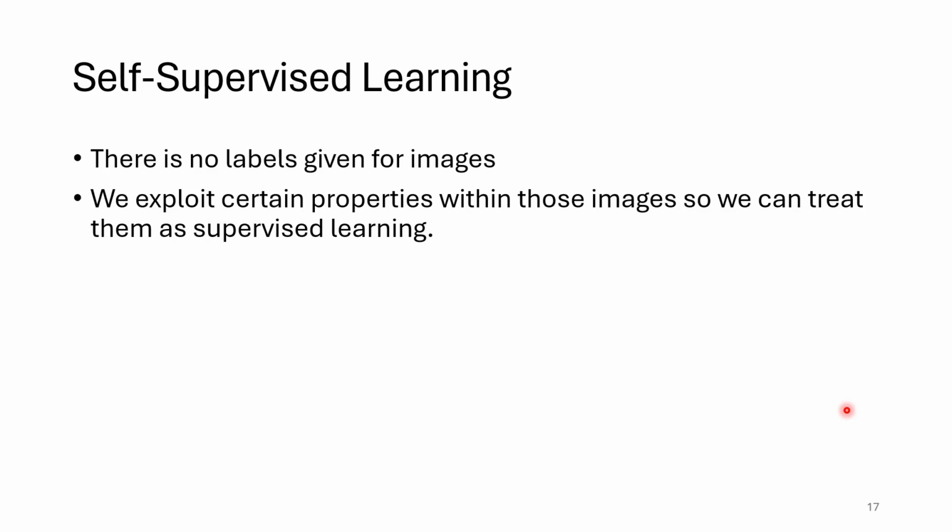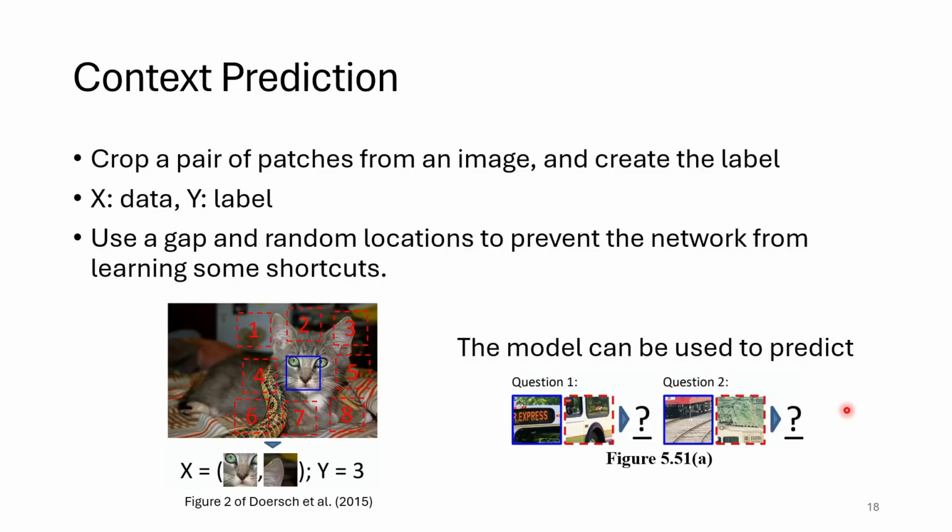And let's see some examples. So first, there is a famous paper. When you search self-supervised learning, you often will see this paper. Okay, so this paper means given an image, so there is no label, but from the image you can crop certain regions or patches. For example, given this region, you can crop 8 regions by their direction. So there's 1, 2, 3, 4, 5, 6, 7. Therefore, you can create